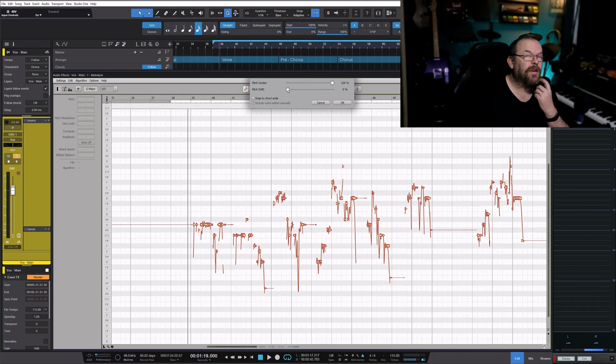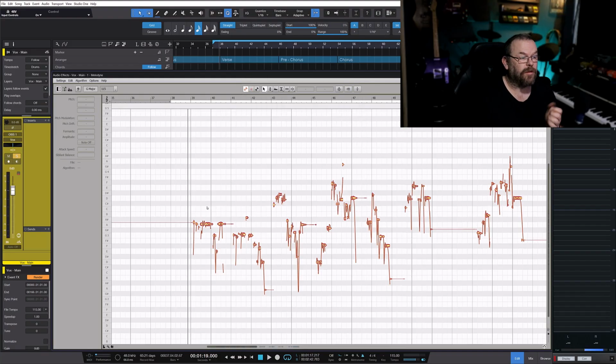Now sometimes this can be a little bit sterile because it's trying to tune it 100%. So on a main vocal, I tend not to use this. On a background vocal, certainly if there's multiple background vocals, I might well use this and then just go through and just make sure that it's okay. On a main vocal, I'll use my ears and listen to it and do it manually. So doing it manually,